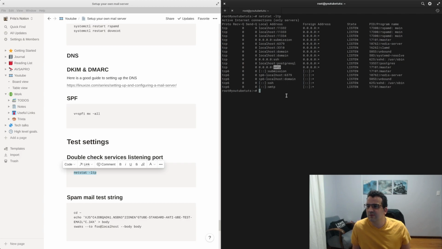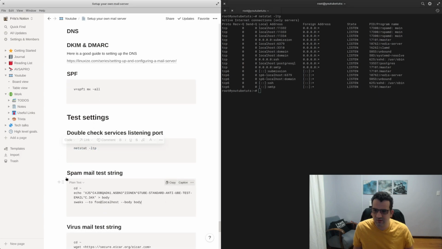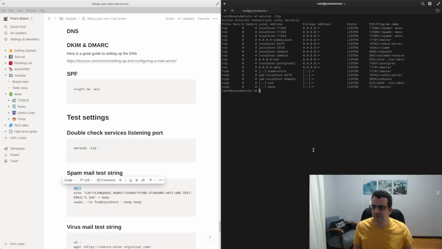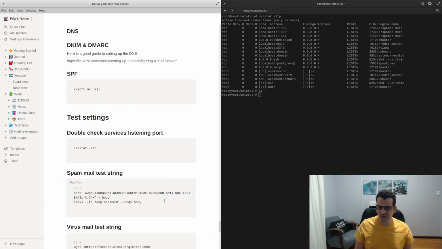Postgres, yeah, that's fine. SMTP, that needs to be global, and then these are just the TCP IPv6 complements of those, and then this is for checking the mail spot. So the way that we check a mail thing, there's apparently these special strings that you can use for checking mails, and this is what they look like, and then the idea being is if you send that, you'll get,